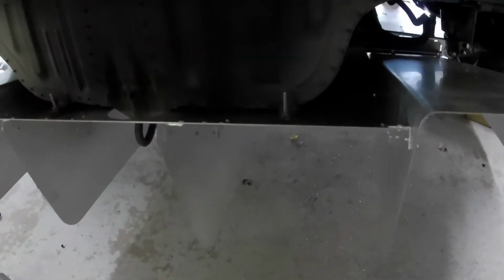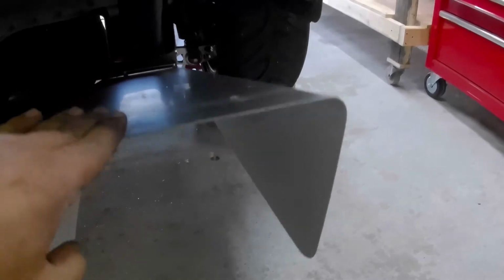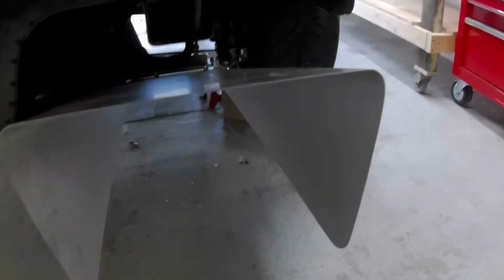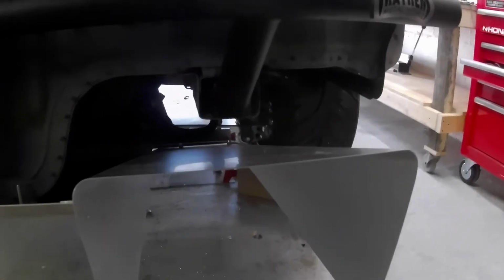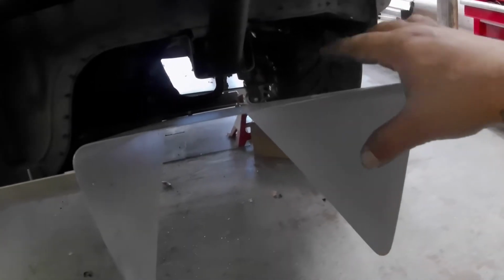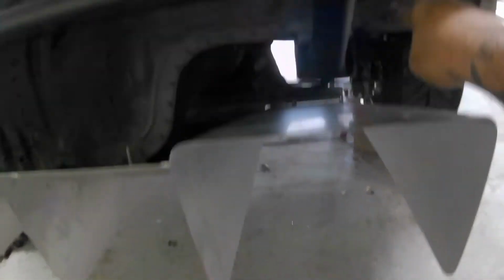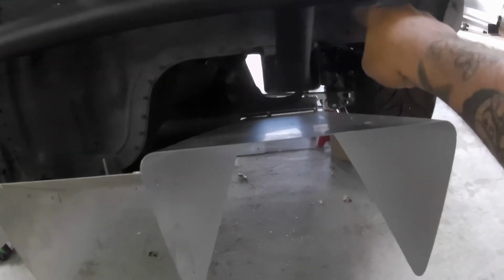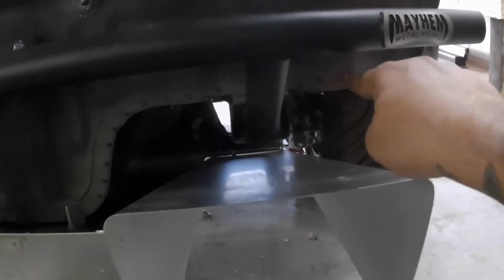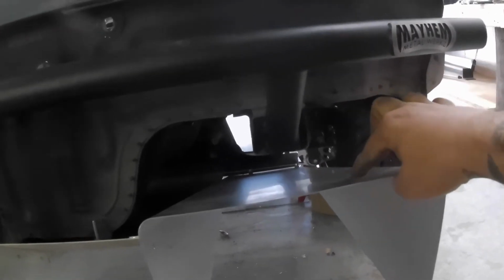I haven't tightened anything. Everything's just hand tightened, but this is my only issue here. I'm still not 100% sure what I'm going to do with this yet, because I could make the bracket, like I said, from here over. I could make a 90, drill a hole in the car, which I really don't care if I drill a hole here, with a bracket coming straight, and do a piece of all thread to this. But underneath,